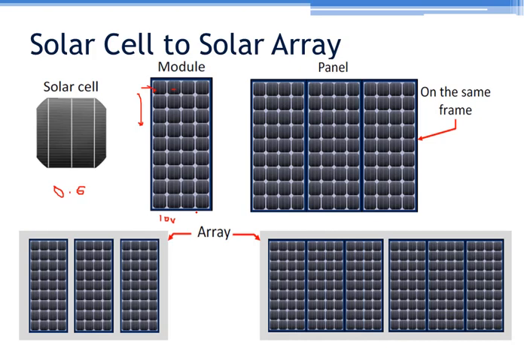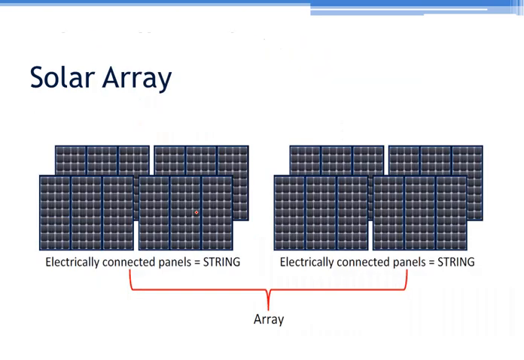Now if you need even higher power, let's say for solar farming or when the power is to be generated at megawatt level, you can use a solar array. A solar array is a collection of solar panels, and these collections are used for power generation up to few megawatts. So we have learned about solar cells, solar module, solar panel and solar array. Here electrically connected panels are shown. Likewise, as per the demand of the user, you can connect a number of solar arrays also.